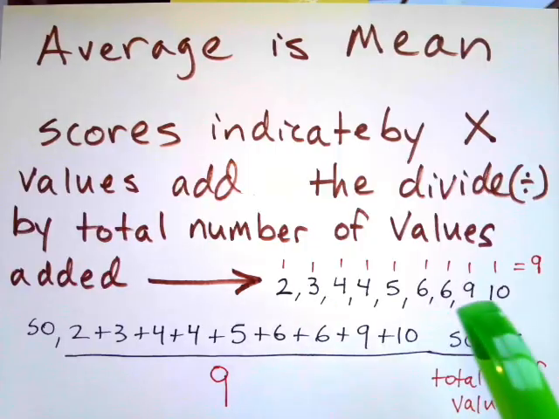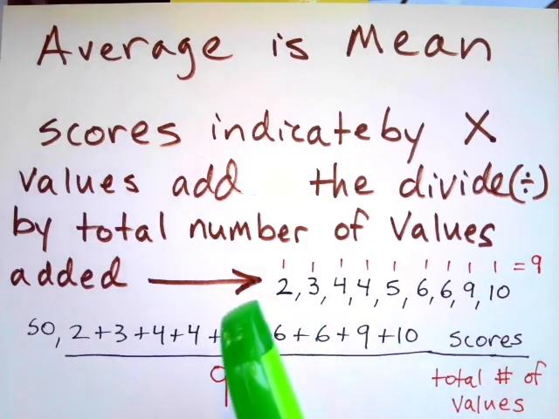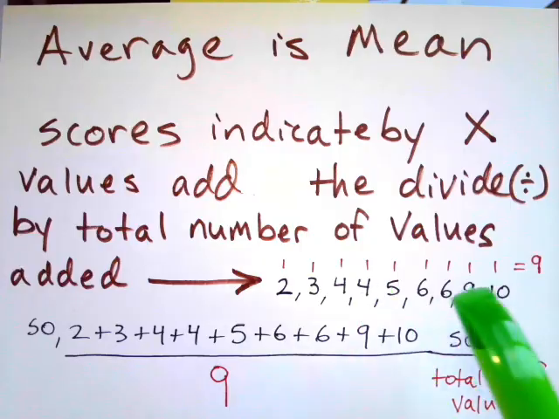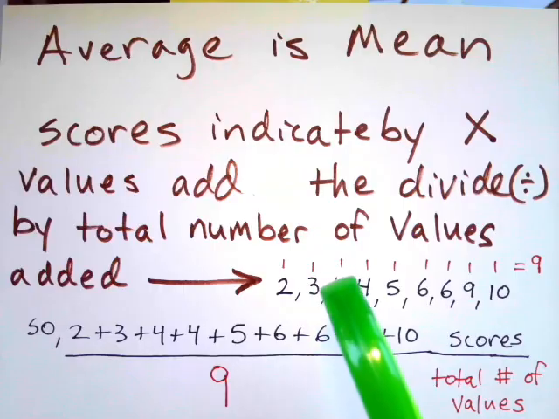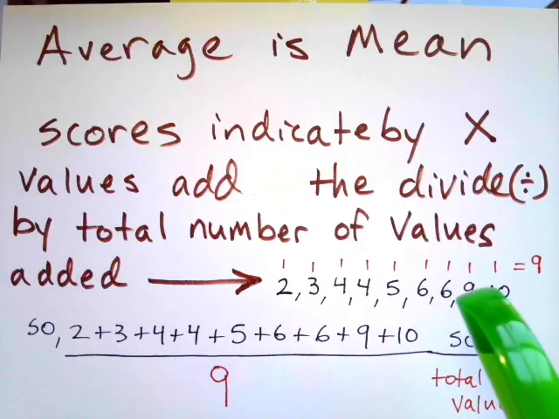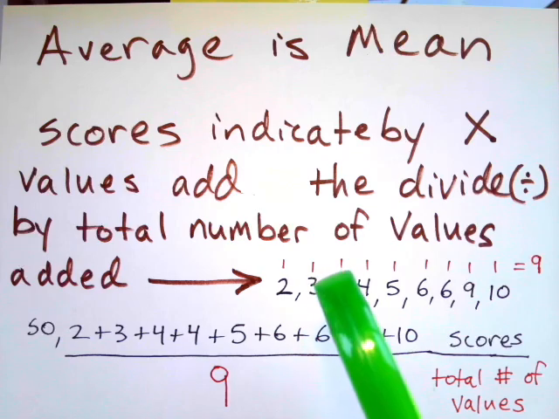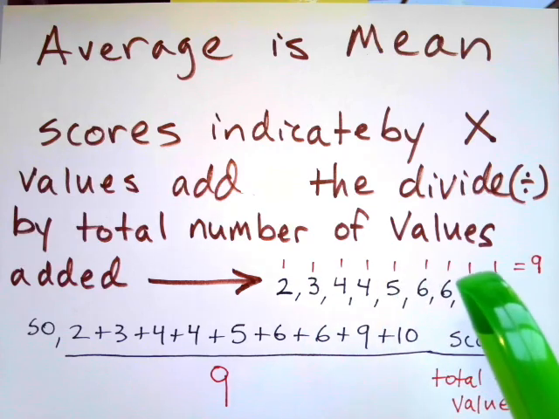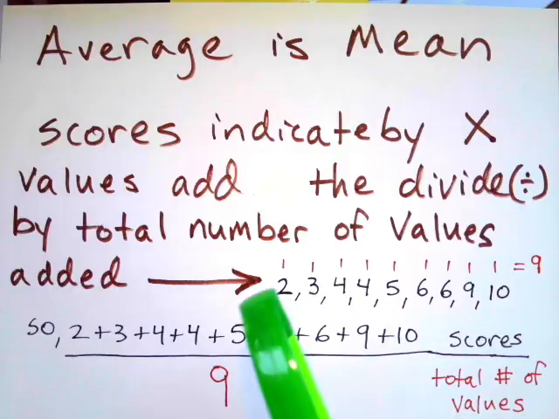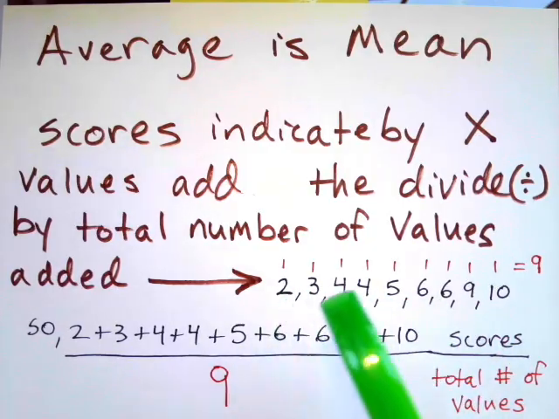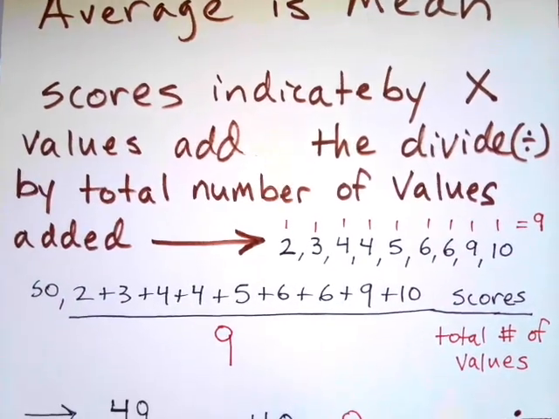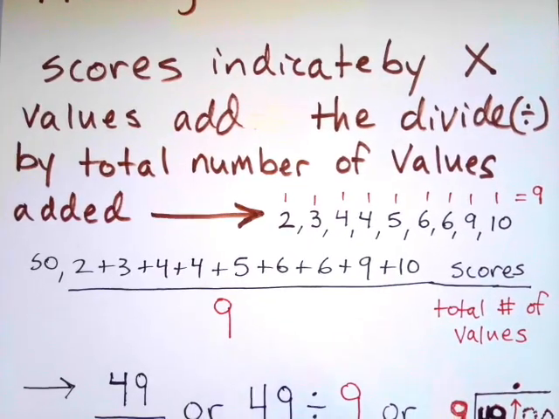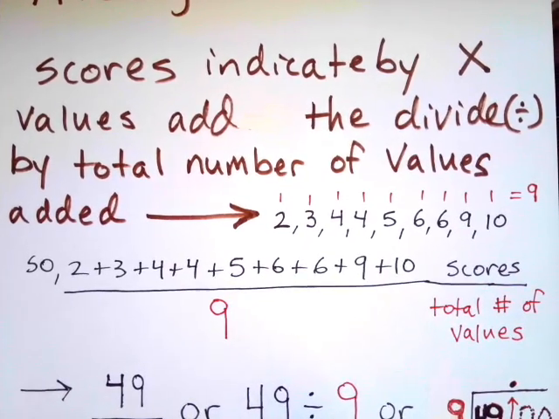You add up all the scores and you divide by the total number of values that you added up together. So here I added up 1, there's another one, another one. That's what these ones represent. How many values do I have? Well, 1, 2, 3, 4, 5, 6, 7, 8, 9. I have 9 values I'm going to add together. I have 9 scores. That's what I'm going to divide by. So I'm going to go real slow. I'm not going to go fast again, but if I do go too fast, please stop, pause, rewind this video,